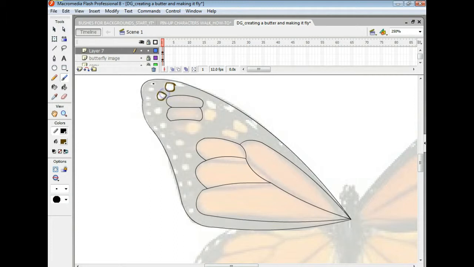Now, you can make as many of these little circles as you want, or as few as you want. You may not want this many. I'm not trying to follow the dots that are on the butterfly. You could follow them and just go right to it, but I want to do my own thing. So,